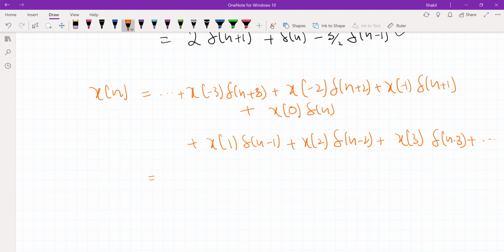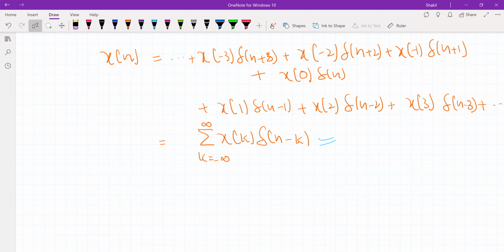Now, if I write this right-hand side in terms of a sum, I can say this is x of k delta n minus k, where k is running from minus infinity to plus infinity. So I can express this entire right-hand side by using this simple sum. I have expressed x of n as a weighted sum of delta sequences. What is the weight? Weight is the corresponding sample value of the sequence, remember. That's what we have done here, as a weighted sum of